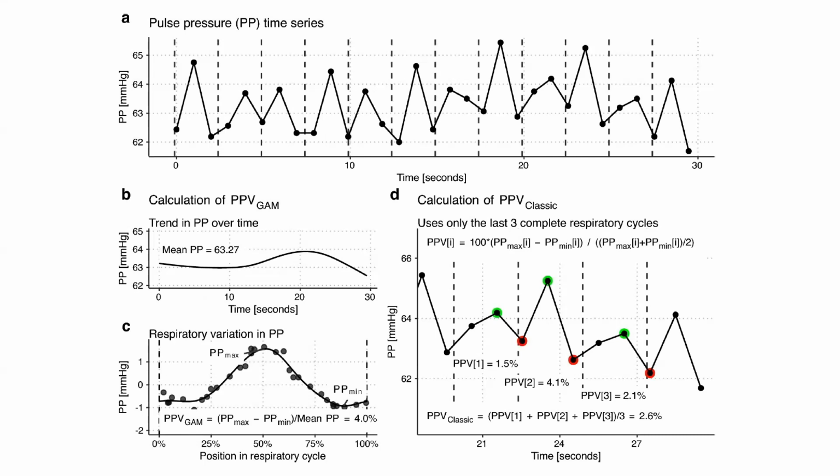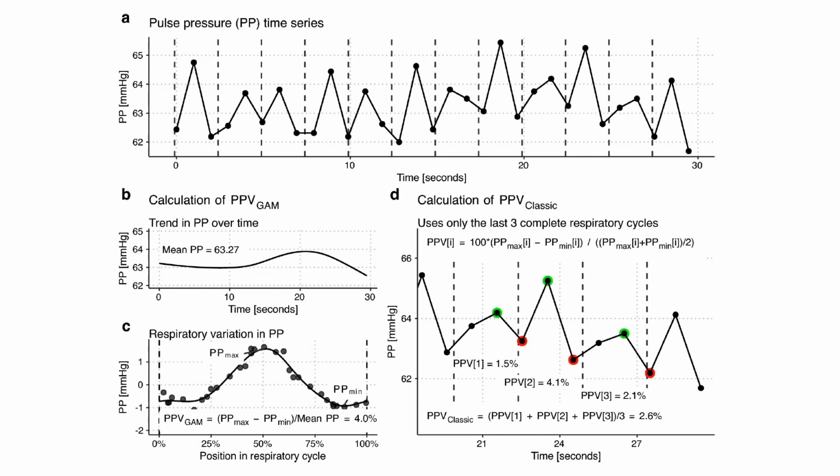So the first method was supposed to be the classic method of calculating pulse pressure variation, which is essentially that you take 3 respirations consecutively, and for each respiration you take the highest pulse pressure in that respiration and the lowest pulse pressure, and then subtract the lowest from the highest and divide it by the mean of the 2 pressures, and that is your pulse pressure variation. Do this for 3 consecutive respirations and do the mean of these,